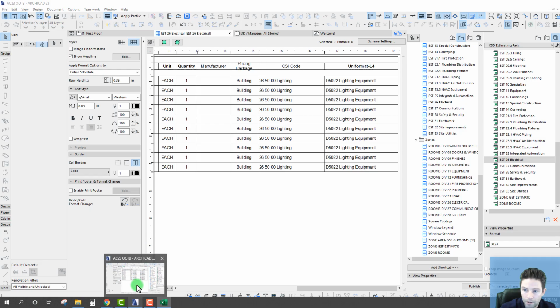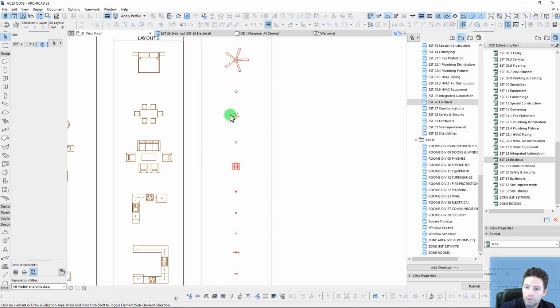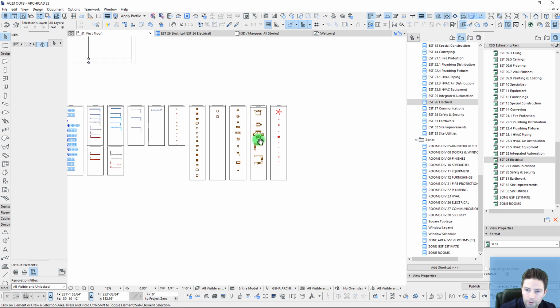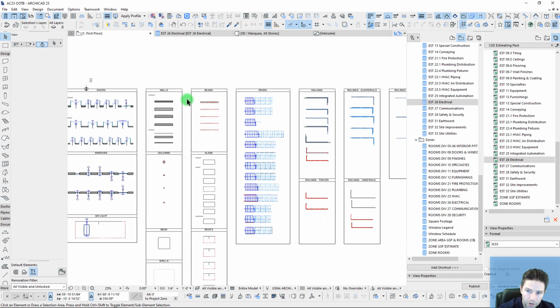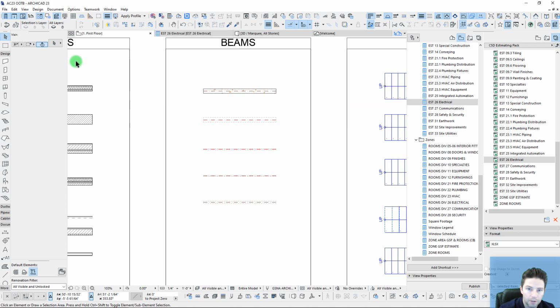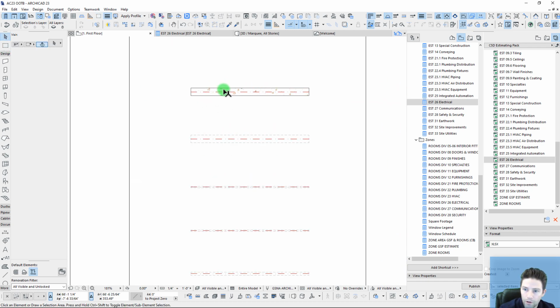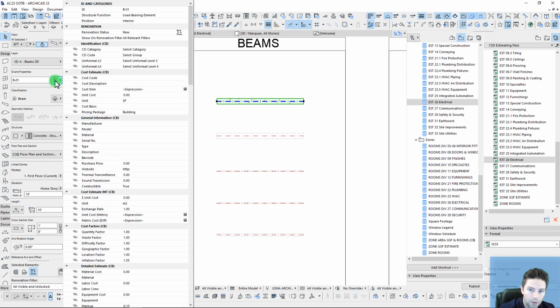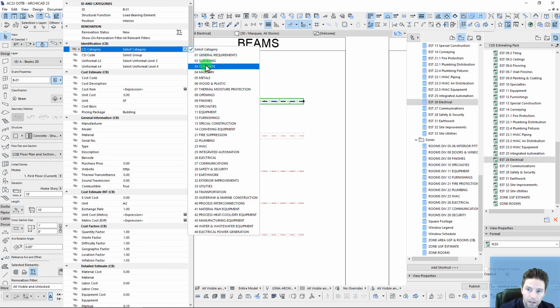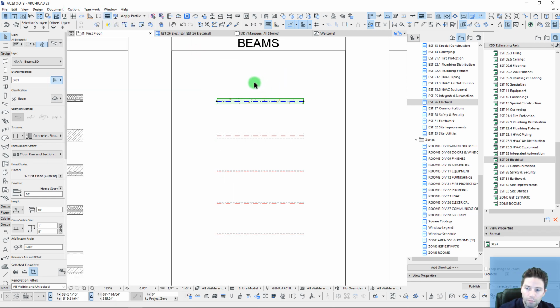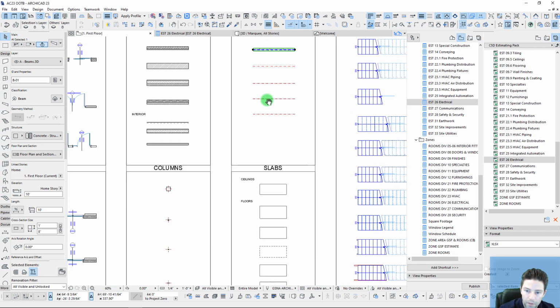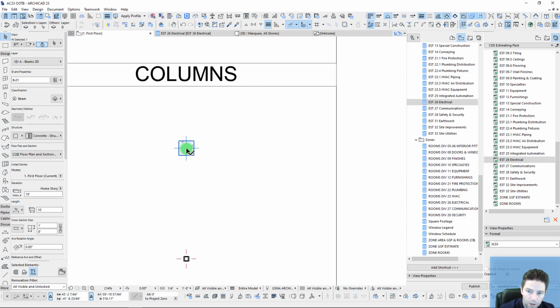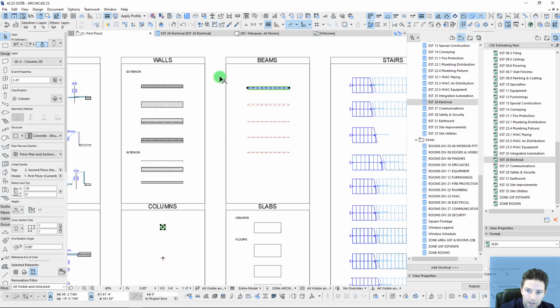Let's do another. Let's go back here. Let's do something maybe a little bit more challenging. Let's take a look at our beams here, and let's grab what looks to be a concrete beam. With this, let's start assigning some. Actually, let's see if we can do two of these at once. Let's do our concrete beams, and I know there's a concrete column down here, so let's assign both of these